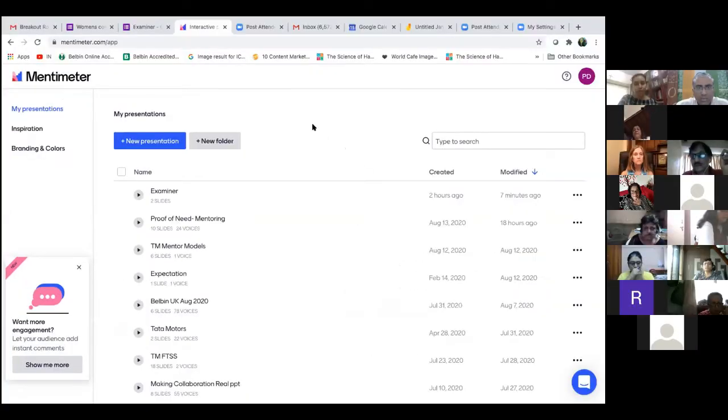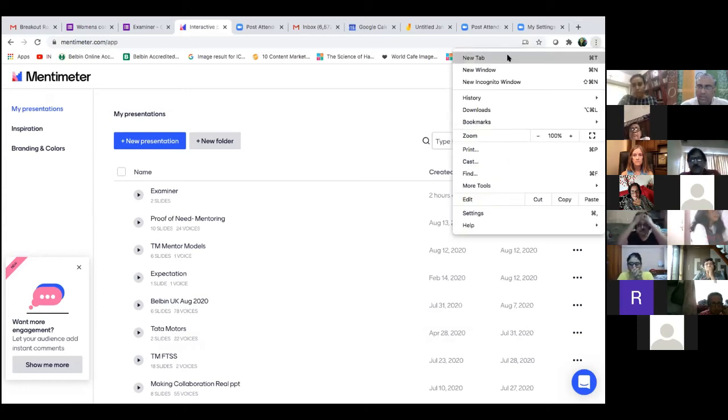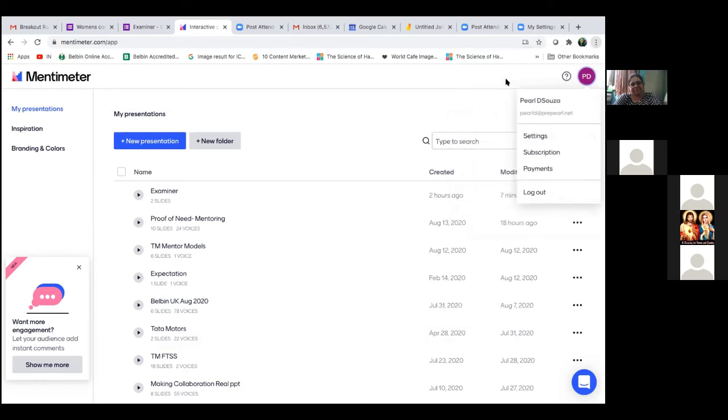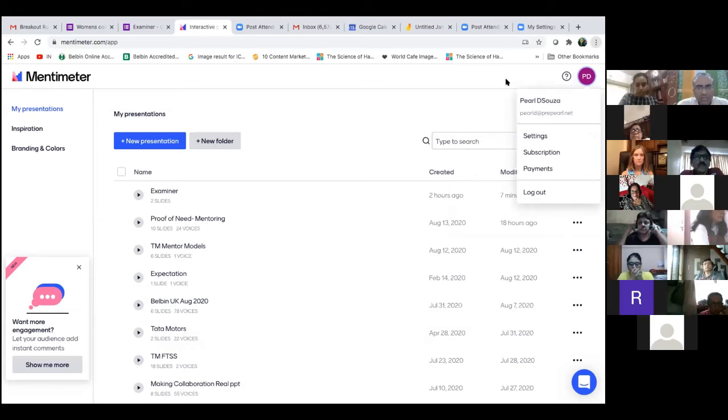What you will do is first go to mentimeter.com, and you will have to create your account. I have already signed into my account over here. That's my email ID. Let me show it to you. You'll go to www.mentimeter.com.